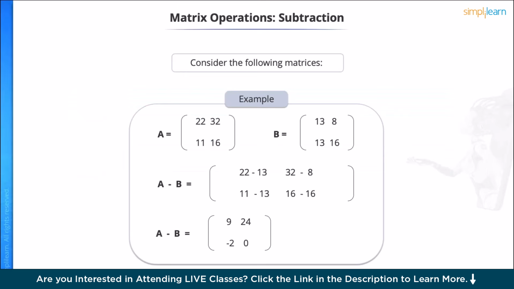Subtraction. Matrix subtraction is same as matrix addition. It is subtracting the corresponding values. Let's consider the same example of matrix A and B. The result of A minus B can be given as